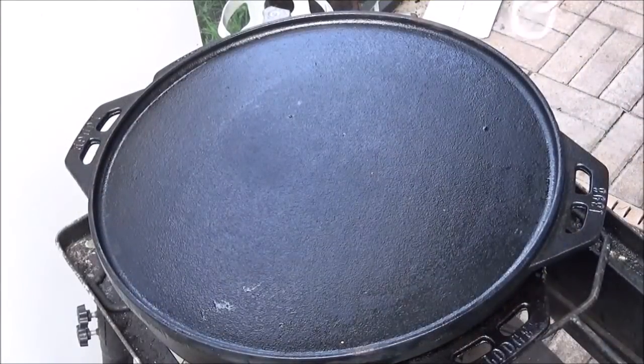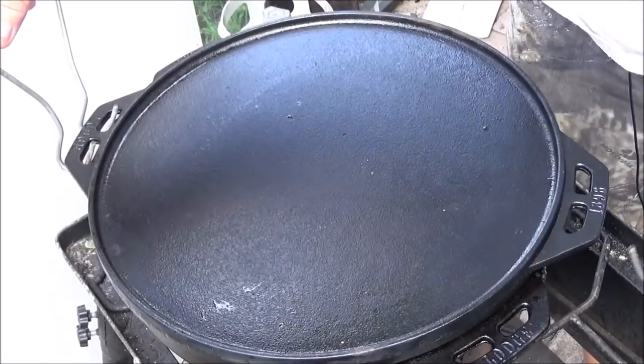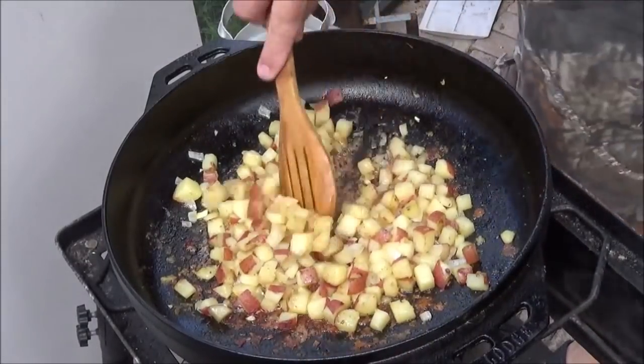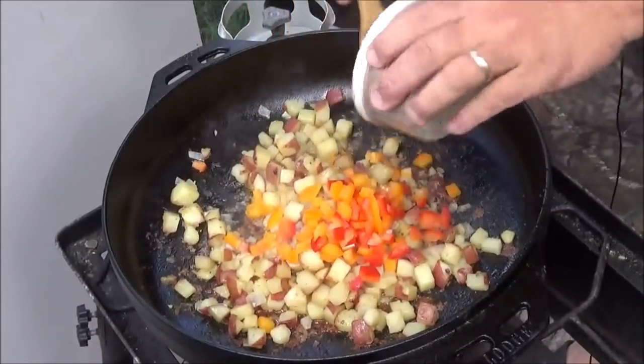Okay, it's been about 2-3 minutes. We go ahead and grab our lid off of here. Add the rest of our ingredients. We don't want to cook our potatoes until they're mush. They're looking pretty good. Almost done. There's our bell pepper,